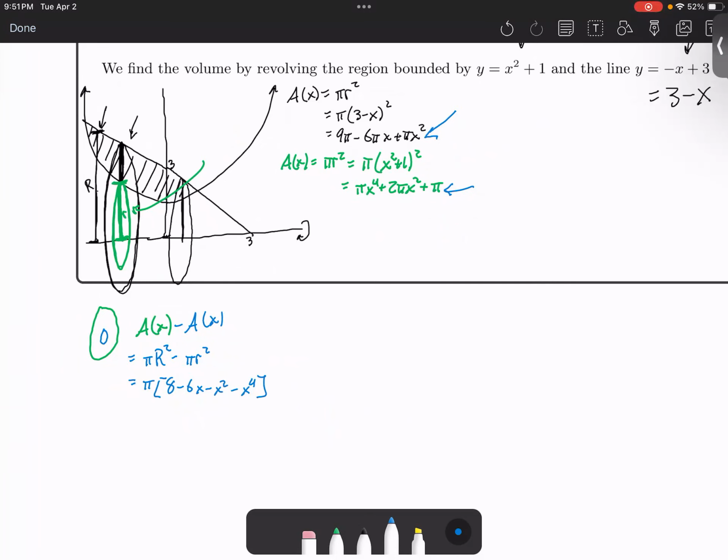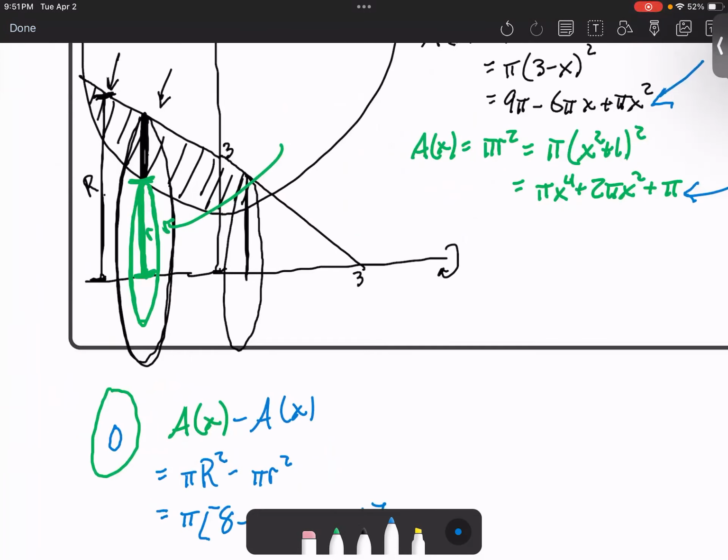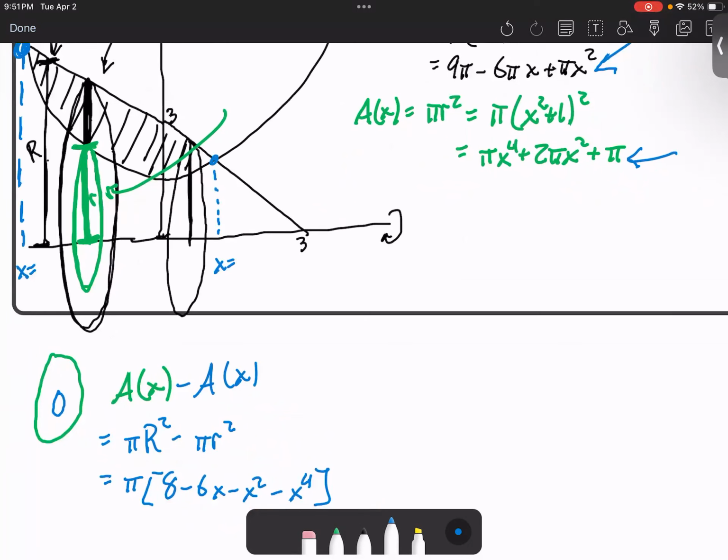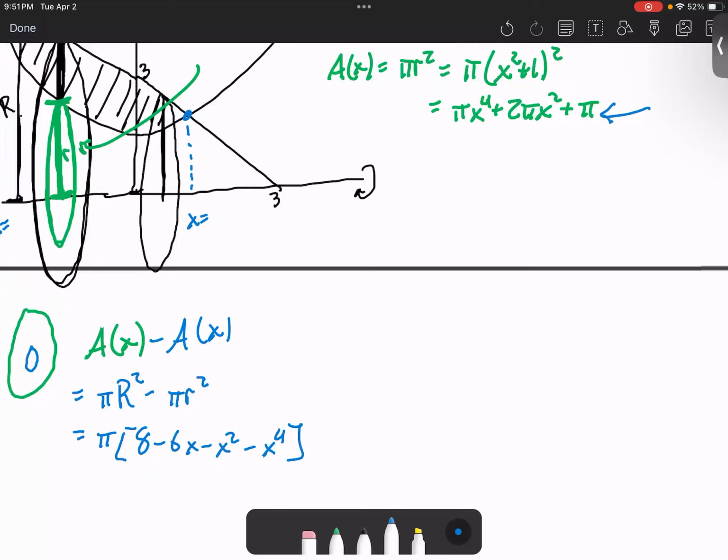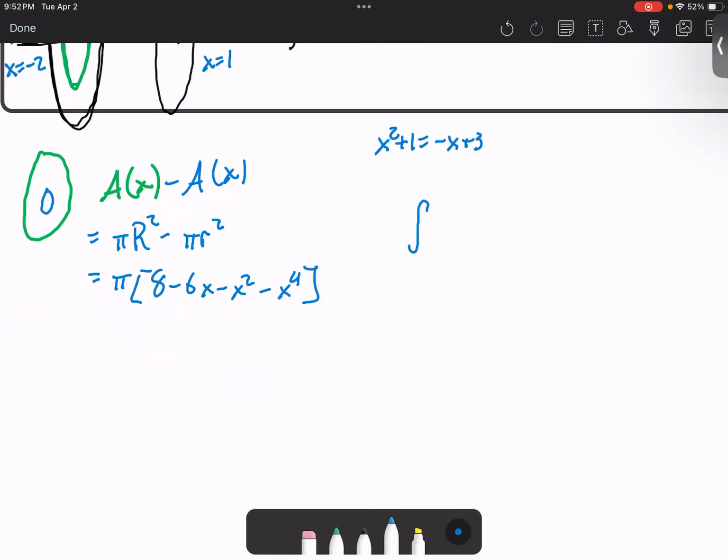And now we're going to scan these washers from this x value, where they intersect, to this x value, where they intersect. We can find their intersection points by setting these two functions equal to each other. A quick quadratic formula tells you that this is -2 and this is +1. So we are going to integrate from -2 to +1